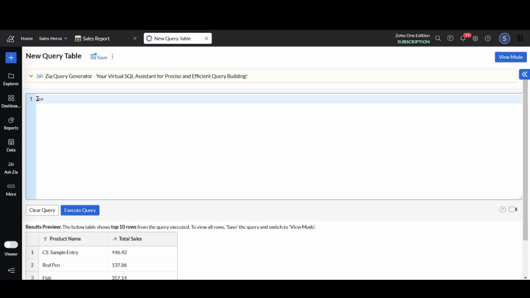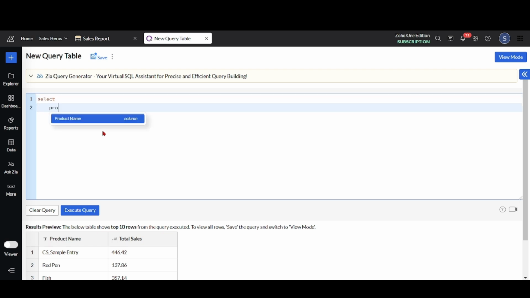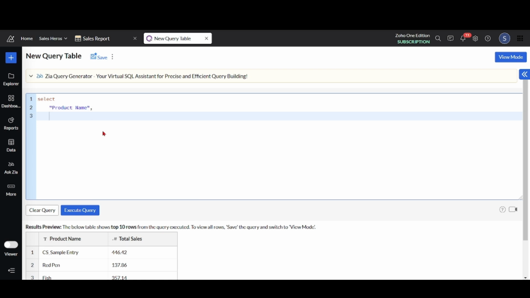Writing SELECT product name. So here I want to identify which products have price above 1000 as a high range and below 1000 as a low range, into a separate column named range. So I am going to write below here